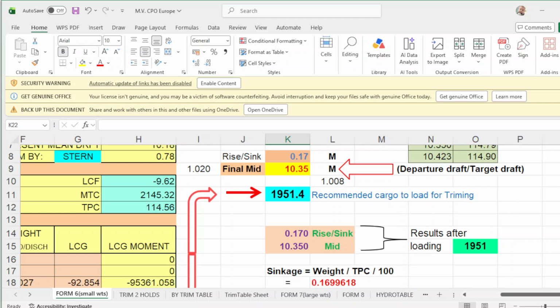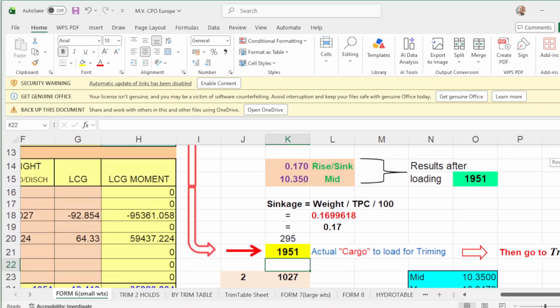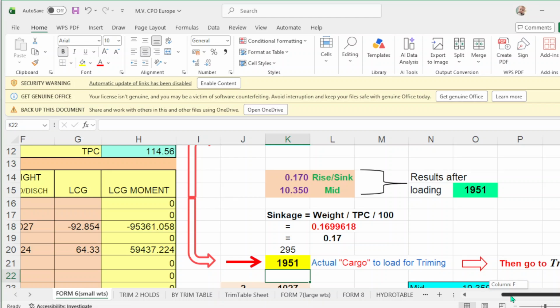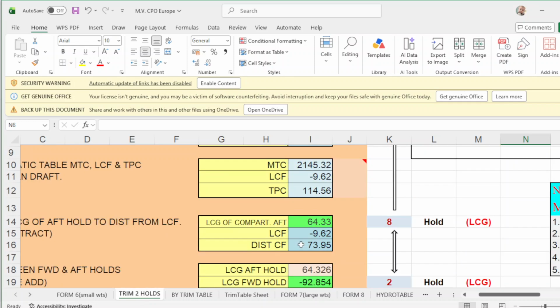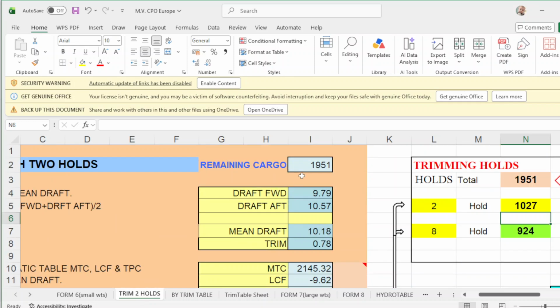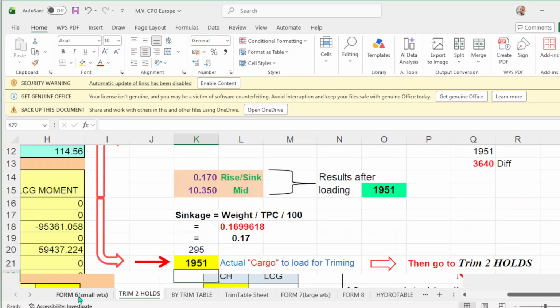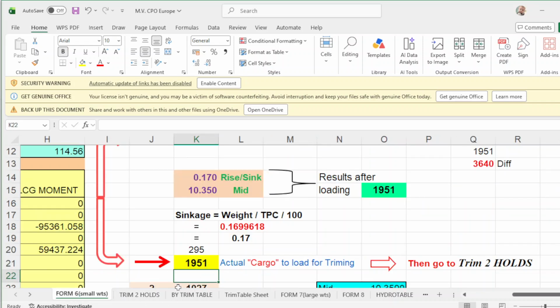So it says here, actual cargo to load for trimming, then go to trim holds 2. So we go to trim holds 2, go up. Take note that the trimming cargo is 1951, which is recommended here, 1951.